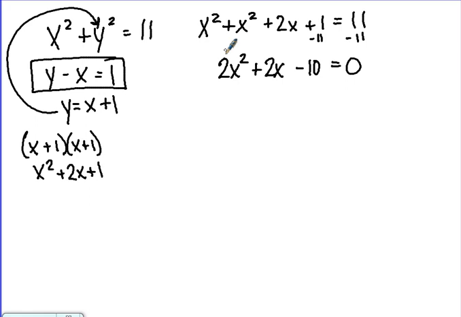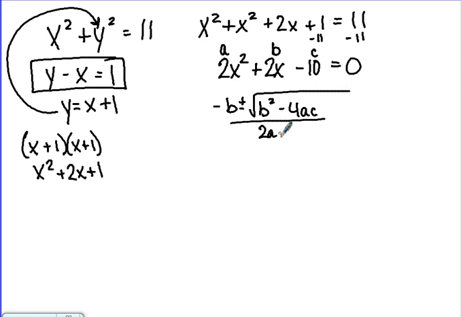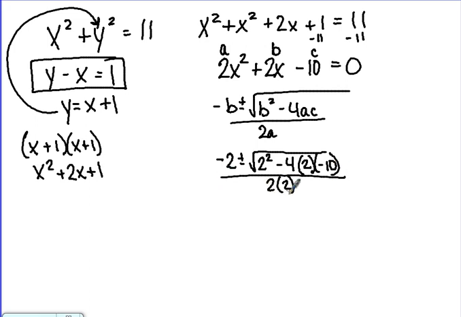All right, so I have a, b, and c. I'm going to plug them in. We've got negative b plus or minus the square root of b squared minus 4ac all over 2a. All right, so if I plug my values in, I have negative 2 plus or minus the square root of 2 squared minus 4 times 2 times negative 10 all over 2 times 2. All right, if I'm going to solve this out and work this out, remember this is x equals. All right, so we're actually solving for our x value. If I was to work this out, I would get x equals negative 2 plus or minus